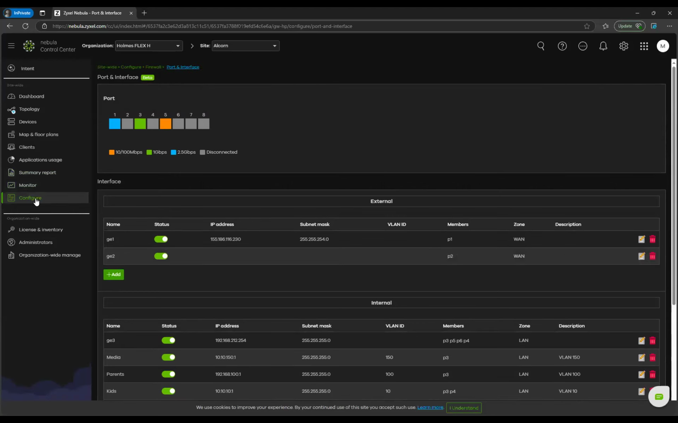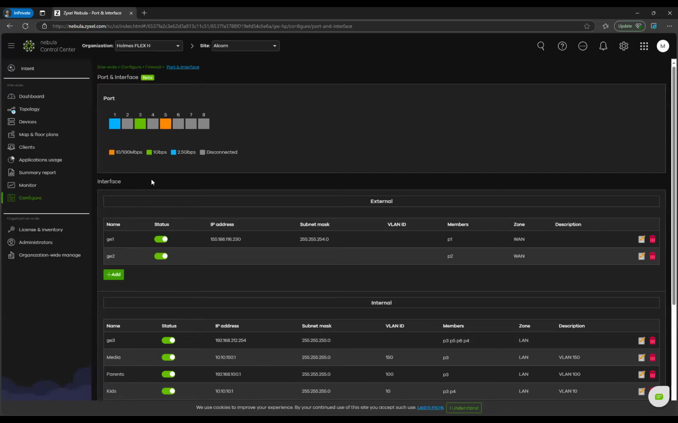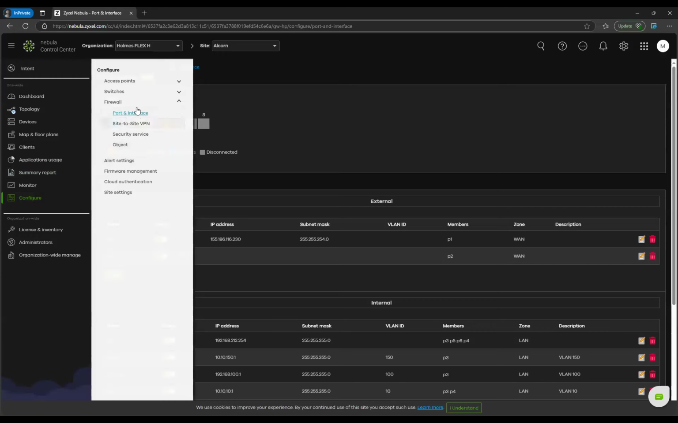things that have been enhanced with our Nebula with the USG FLEX H series. It's pretty short and sweet. I will say that we are getting closer and closer to having some settings be the same between the two. And I also do want to point out there's one thing I did miss that you won't see here,